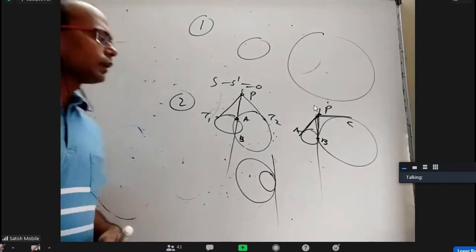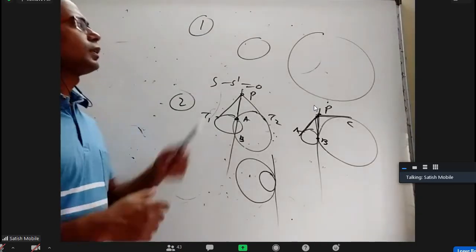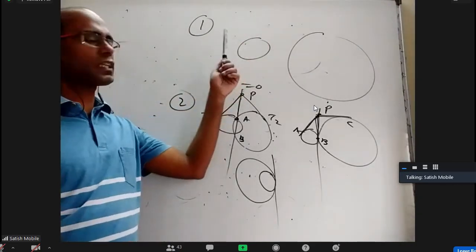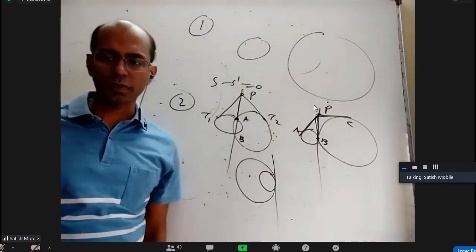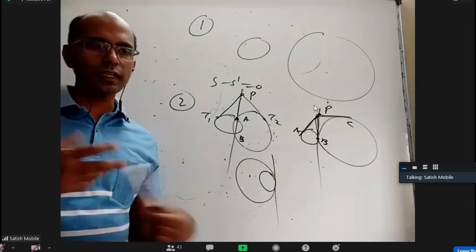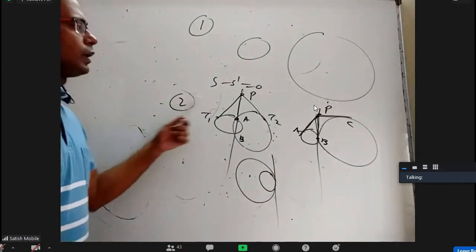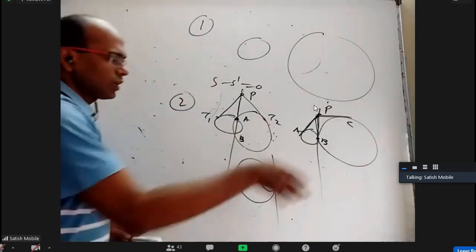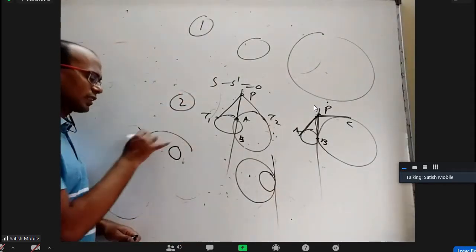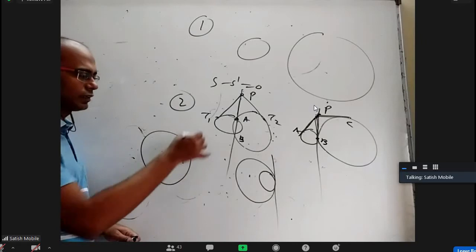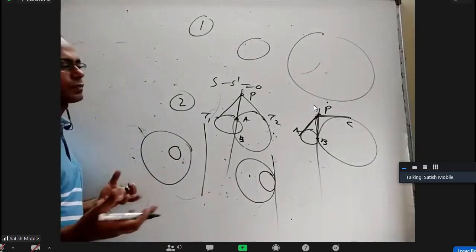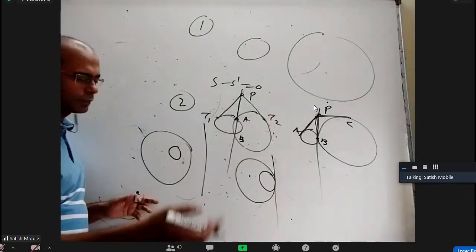Right? Okay. Anyway, the radical axis definition is very simple. Locus of a point whose power with respect to the first circle is equal to its power with respect to the second circle. That locus is a line, and that is called the radical axis. Okay. Now, one may say this is all fine. When one circle is inside the other, when you subtract, you will get a line. It will be somewhere here. Can I tell something about it? Like this, I cannot give any explanation. It is just a line.